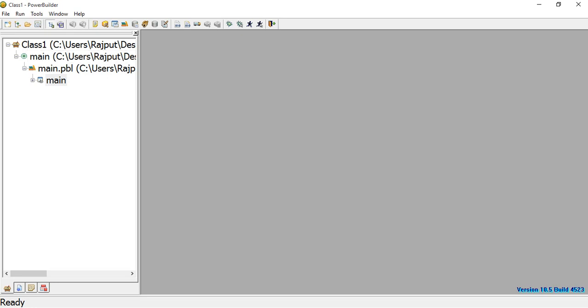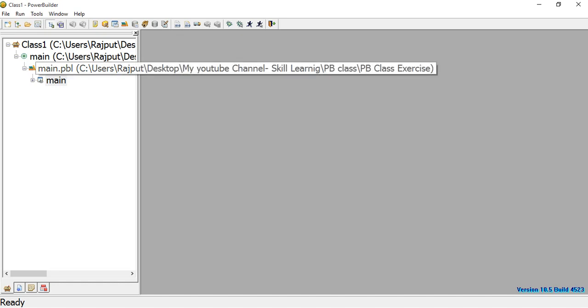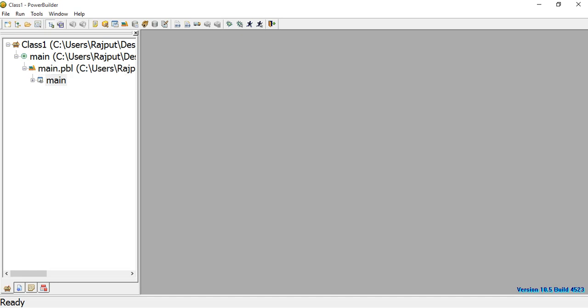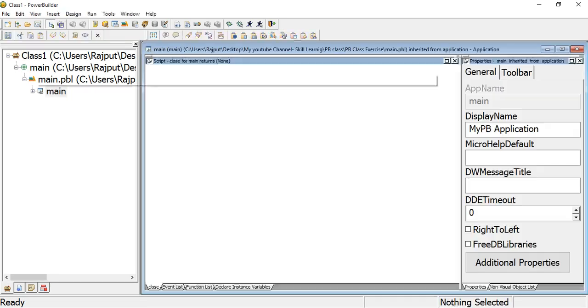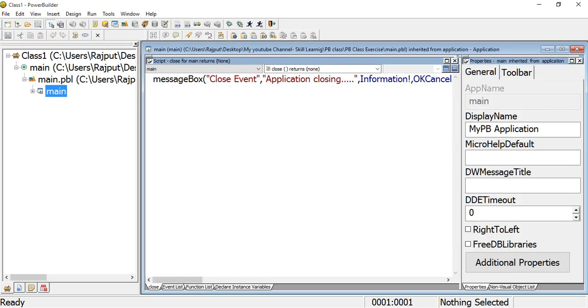Sorry, this is my target. In this target there is one PBL. In the PBL is the application object. If I open this application object, this is the application object painter, where we write the script.